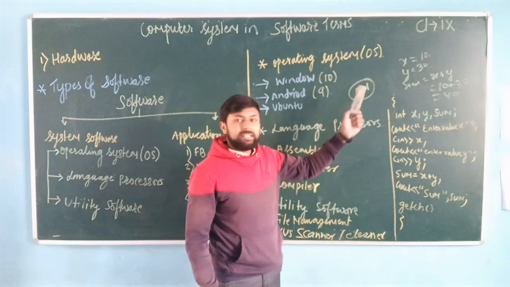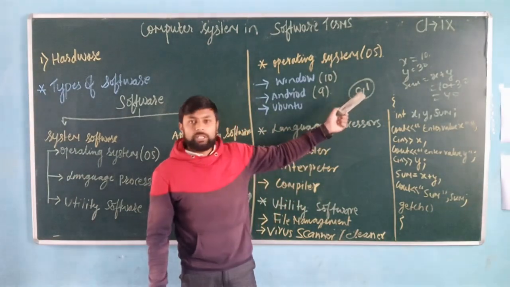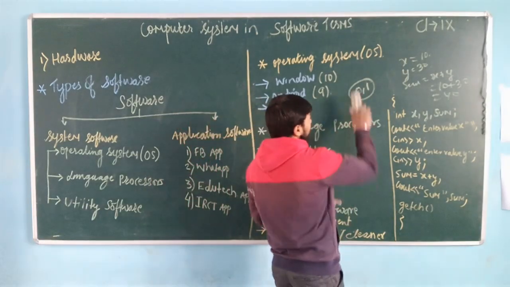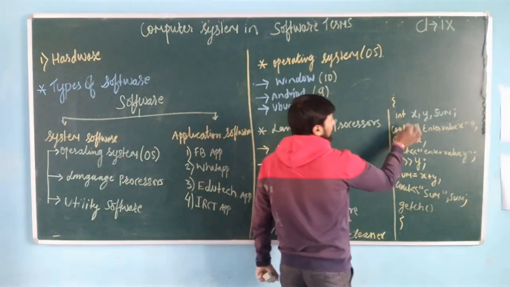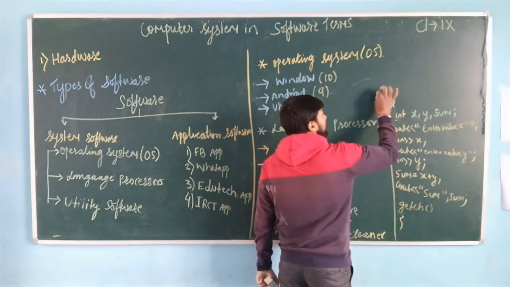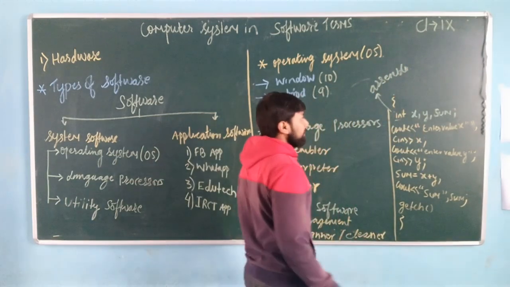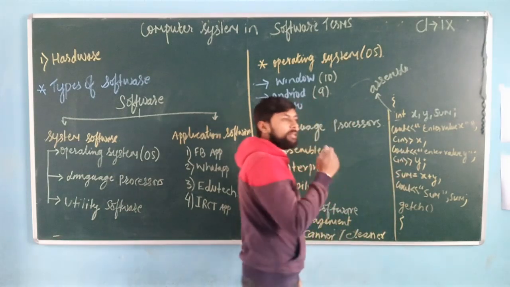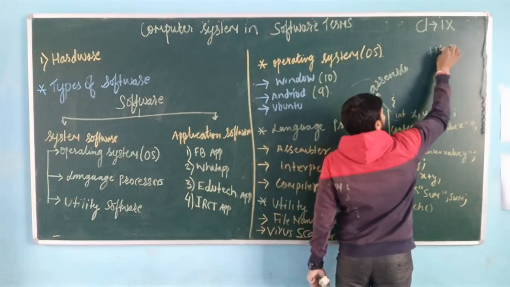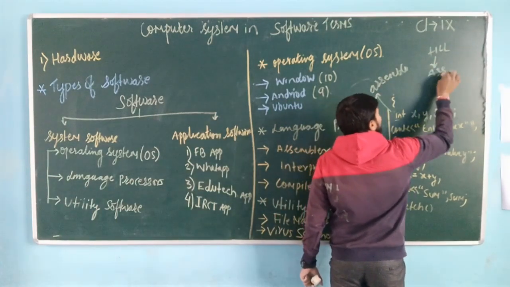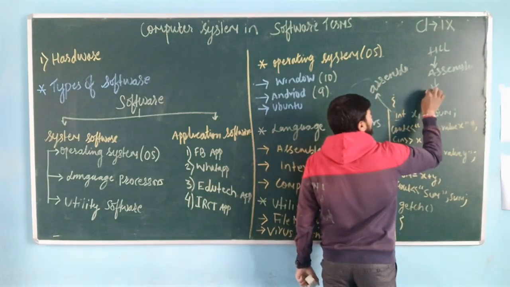So this will be understood by the computer. Human beings cannot understand this language, that is 0 and 1. This instruction will first be converted into assembly level language, that is a computer level language, the language of the computer. Just above the machine level language: first is high level language, then assembly level language, then machine level language, that is binary language.